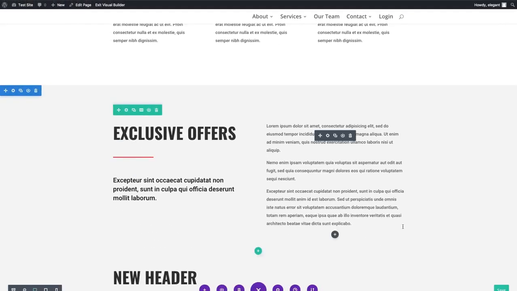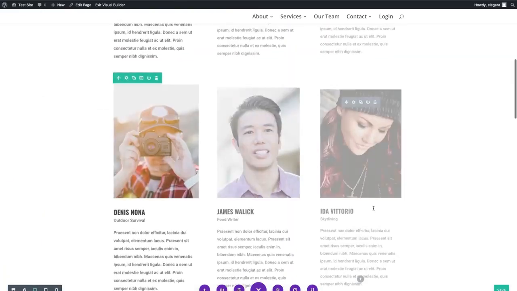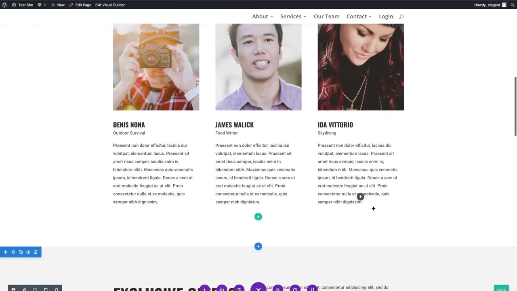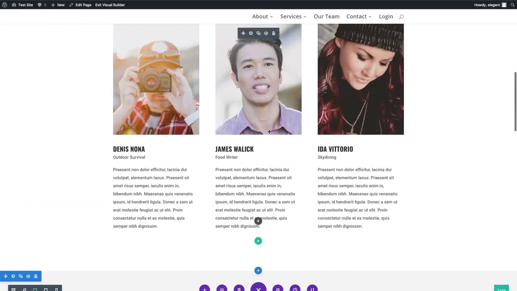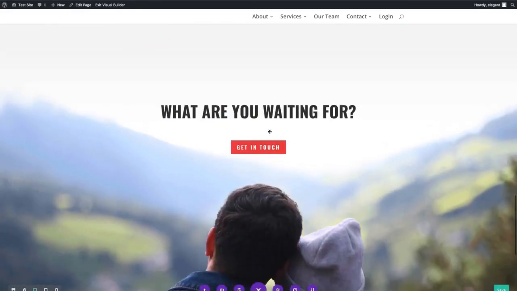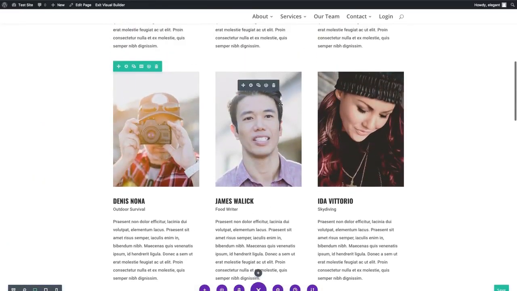Before I go, I just wanted to show you an example of how the right-click controls can come in handy when building a site. Let's say I wanted to add a few more of these person modules down here. Your options would include duplicating them and dragging them around. But since you have knowledge of the right-click controls,